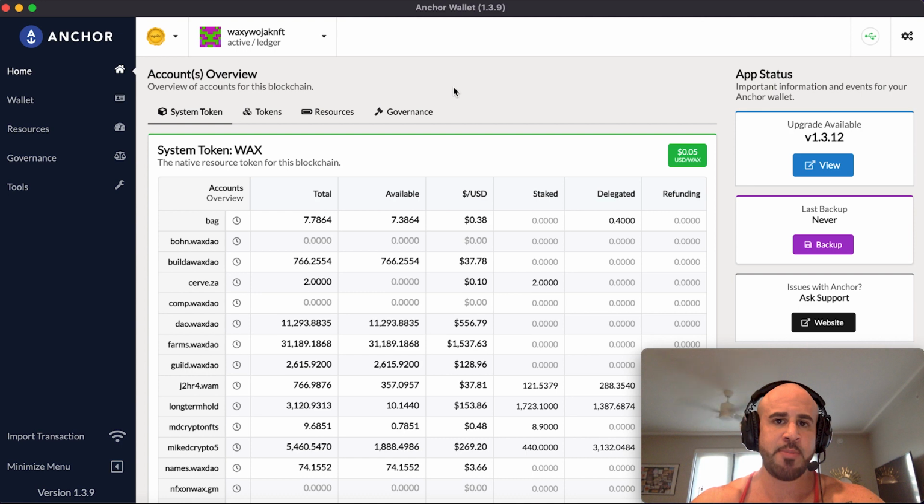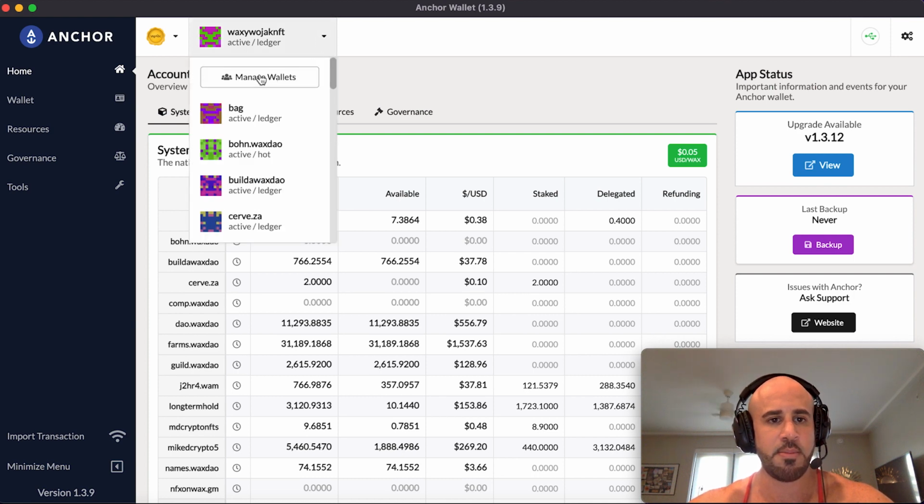Okay, before we wrap up, actually, the two things that I forgot. I told you I would show you how to import your account into Anchor if you haven't done that. So after you claim your account and you attach your WAM wallet to a new active and owner key, you need to import that into Anchor before Anchor can actually use it to sign transactions and stuff. So what you can do is just at the top here, where your account name is, click Manage Wallets,